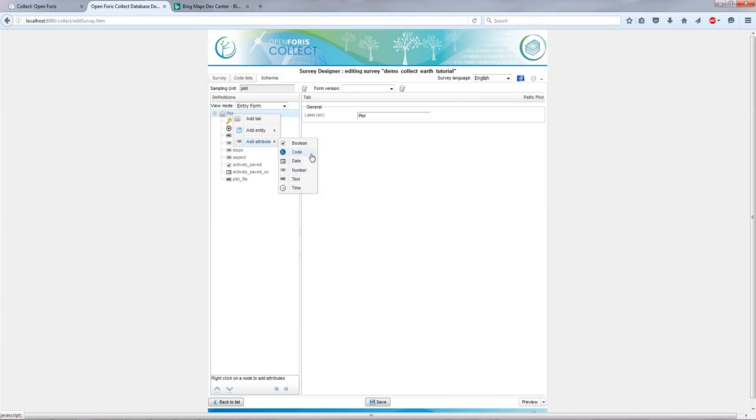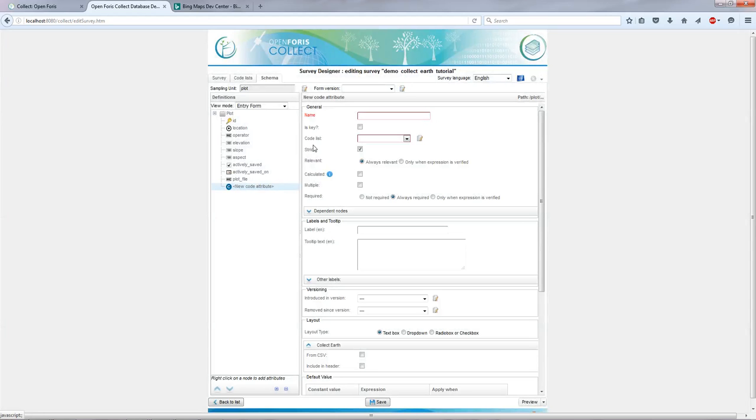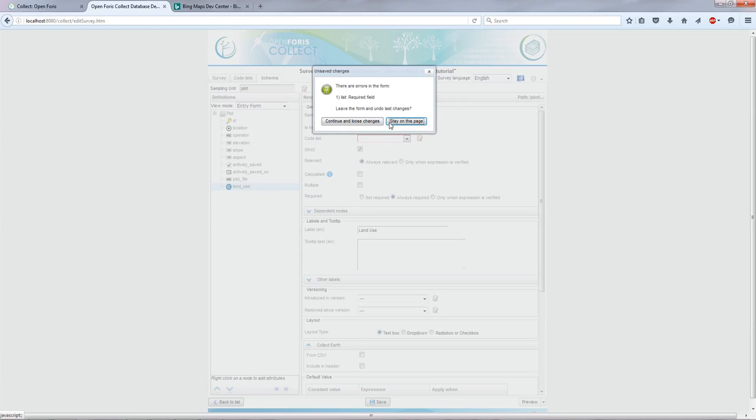So let's say that the first thing we want to collect is the type of land use. So we click on code, and we are going to add this code that we call land use. Here it's important to know that this name will be the name in the database of the attribute. So it cannot have uppercase or spaces. But what we will show the user in the form is this label. As you remember, now this will be the label in English, and if we change to Spanish,